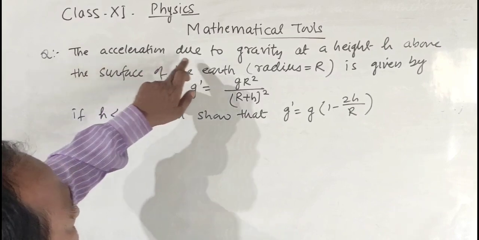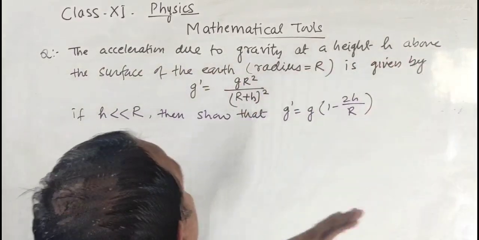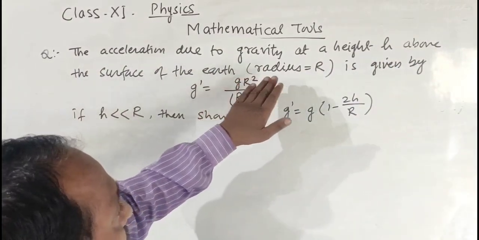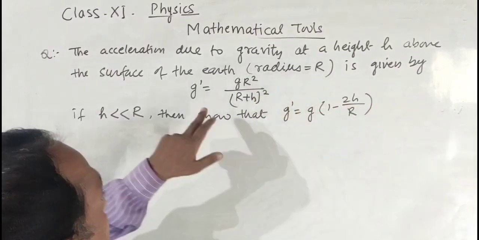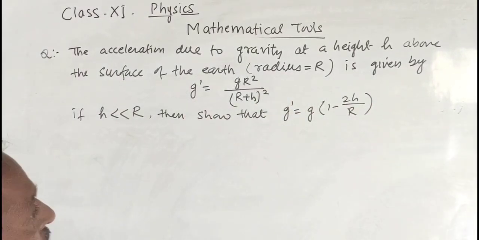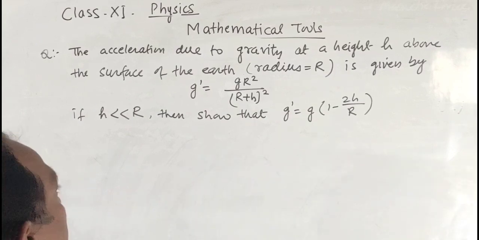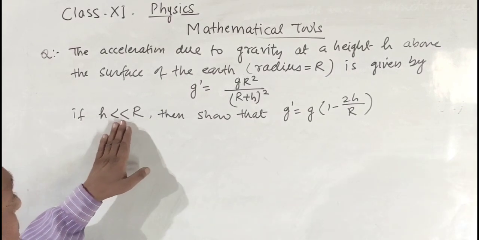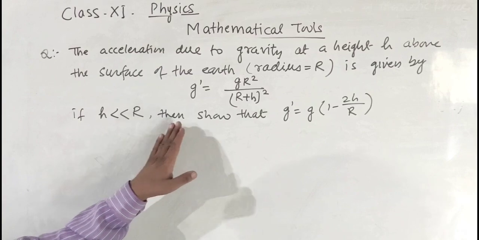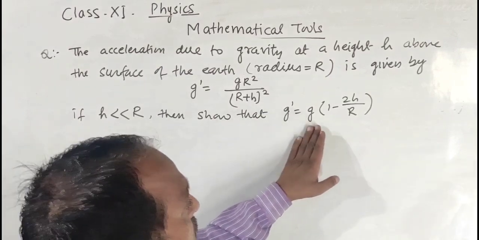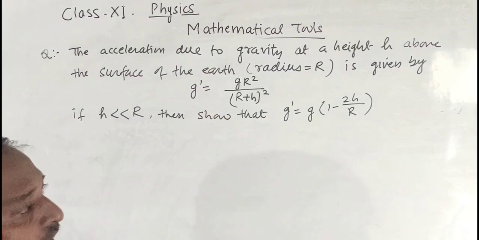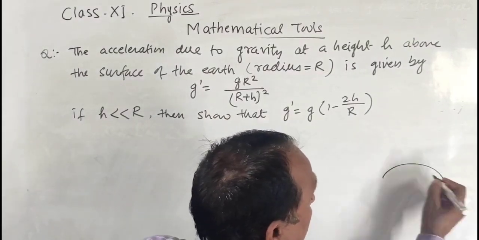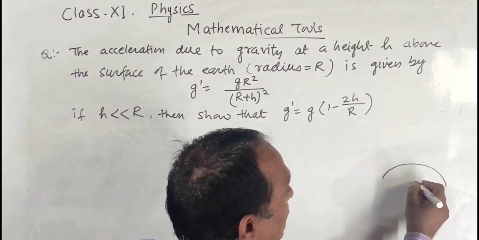The acceleration due to gravity at a height h above the surface of the earth, whose radius is r, is given by g dash is equal to g r square by (r plus h) whole square. If h is much smaller than r, then show that g dash is equal to g (1 minus 2h by r). This question says that, as we have studied in class 10,